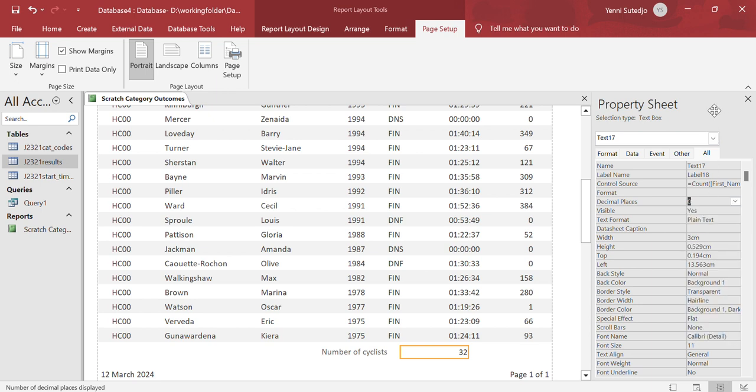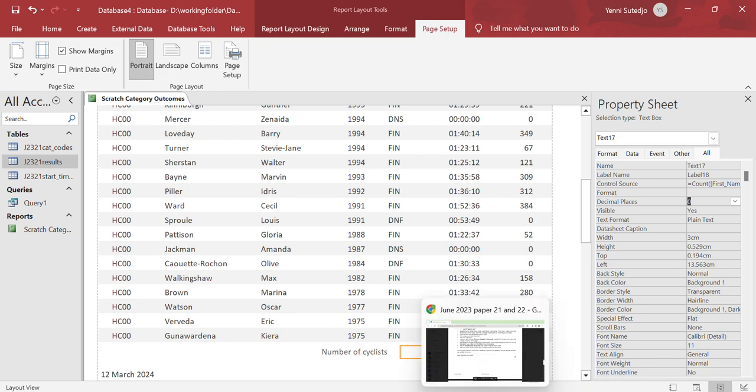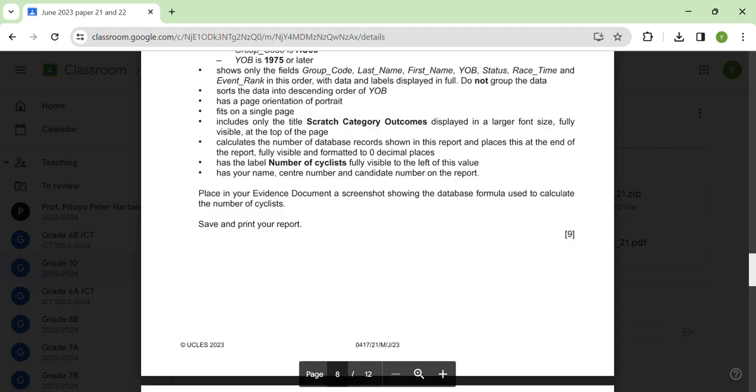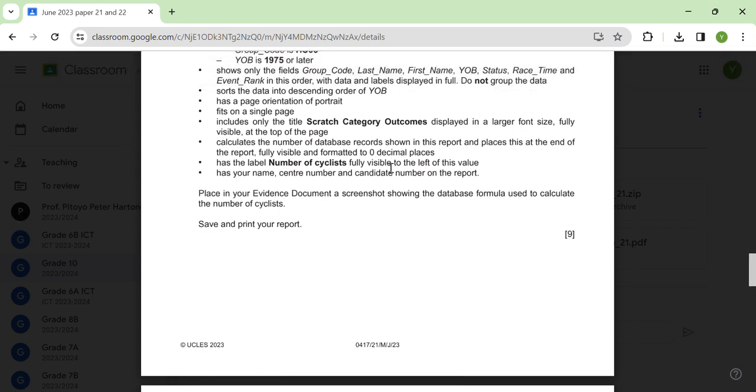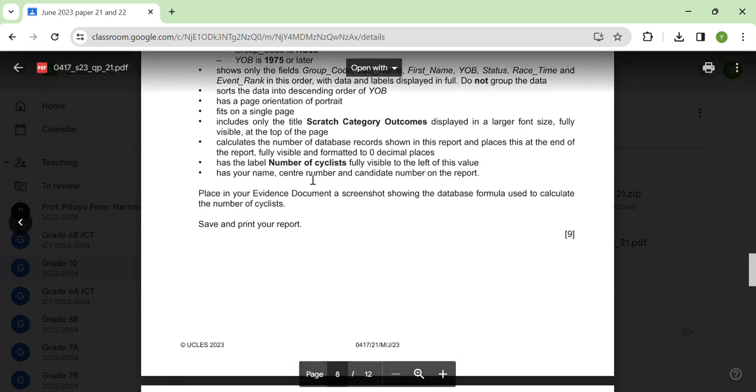You can save the change. And then after that, number of cyclists only visible to the left of this value and has your name, center number, and candidate number on the report. Now, for these details, it should be available on all pages. So,